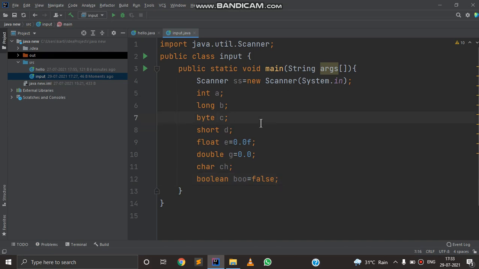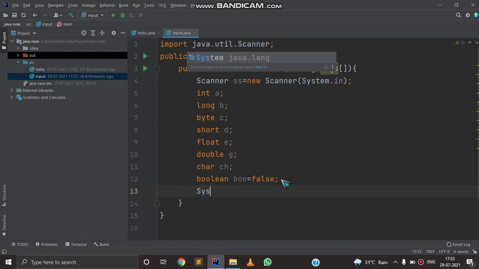Now I'm going to take input of these from the user. We can't take input from the users of boolean data type. You have to initialize it already.